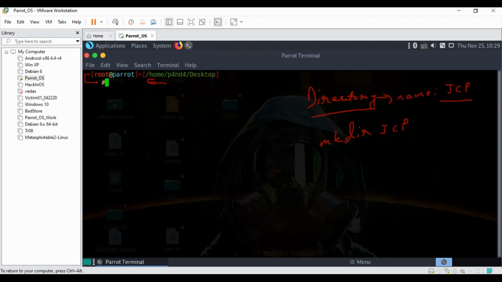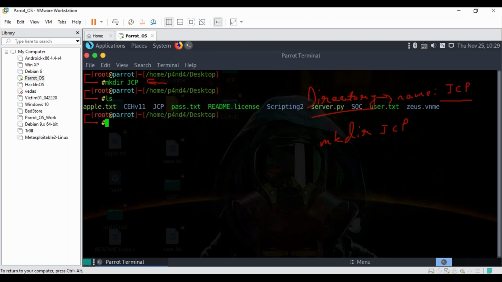Okay, fine. So far clear. Now I have to create a directory. I will do mkdir and the directory name will be JCP. Hit enter, and if I do ls, now if I want to go inside this directory, what should I write? I will write cd jcp.